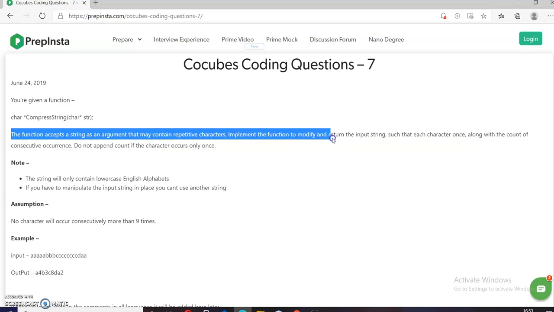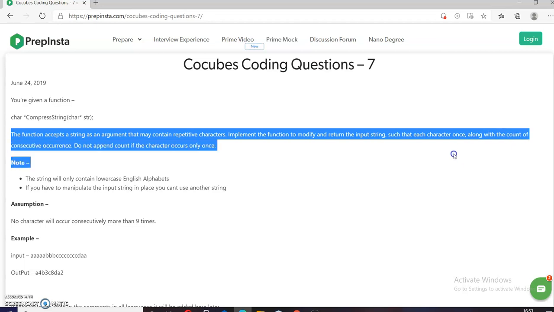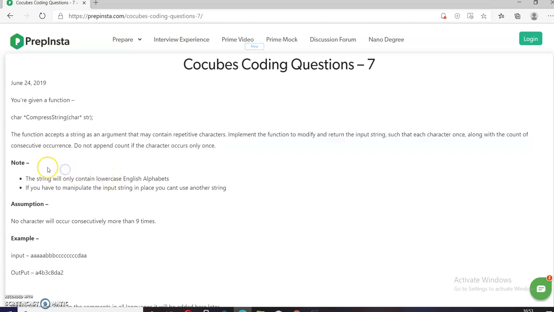Implement the function to modify and return the input string such that each character appears once along with the count of the consecutive occurrence. Do not append the count if the character occurs only once. And here we have been given some instructions: the string will only contain lowercase English alphabets, and if you have to manipulate the input string in place, you can't use another string.